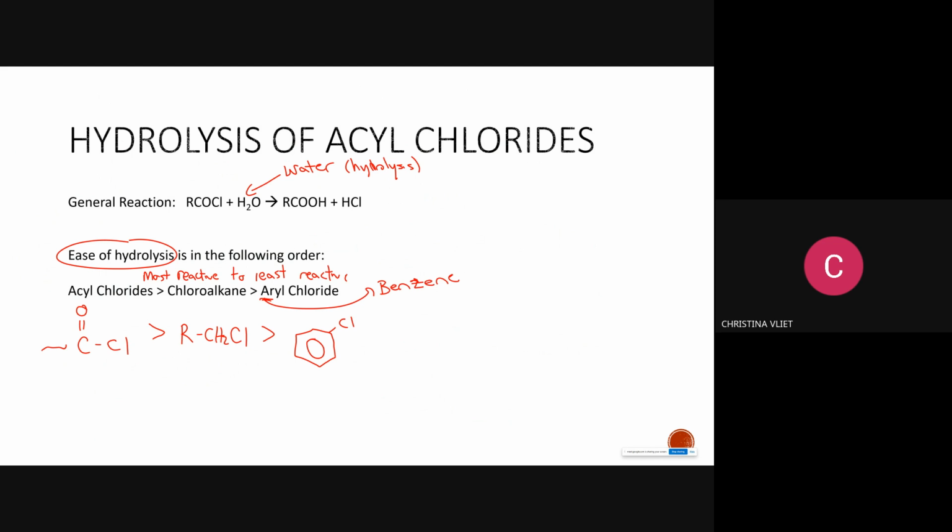And they tell us the ease of reactivity: this is going to happen easiest with water, and this is not really going to happen with water at all. What Cambridge is asking us to explain is why. So why would it be this order? The answer lies in the same place it lies in almost every explanation for this unit: electron donating groups versus electron withdrawing groups. Anytime we're asked to explain an order of what's more reactive, less reactive, more acidic, less acidic, we have to talk about